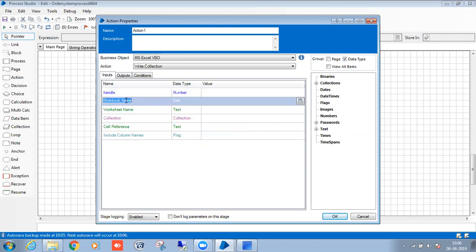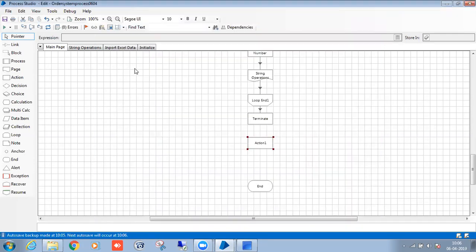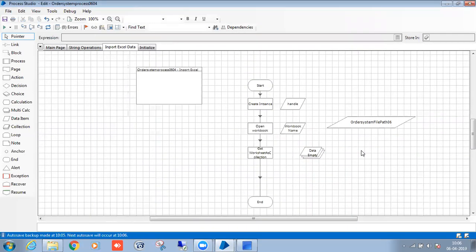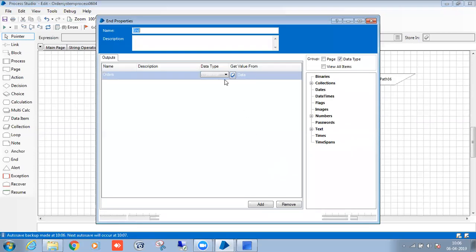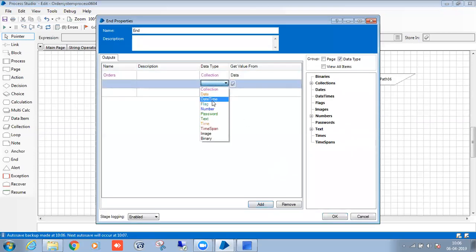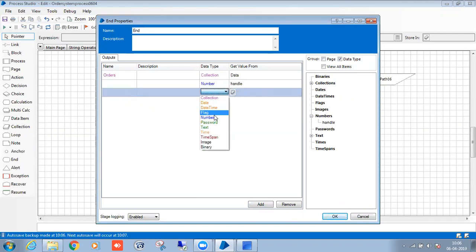But handle and workbook name I am having in this particular page, right? Handle and the workbook name. So if I want these values in my main page, I need to pass them. This is called the output parameters. One is the handle, and the next one is the workbook name.